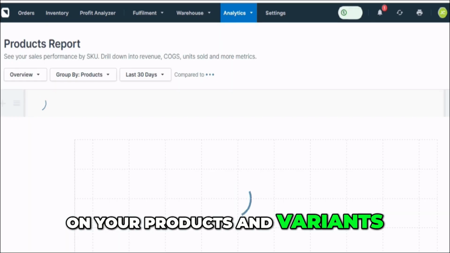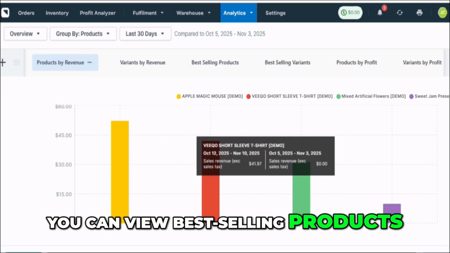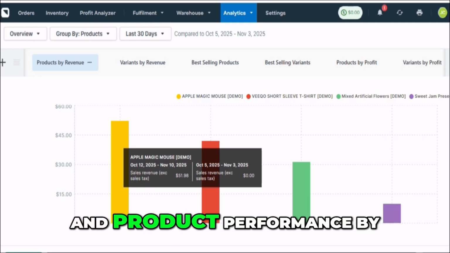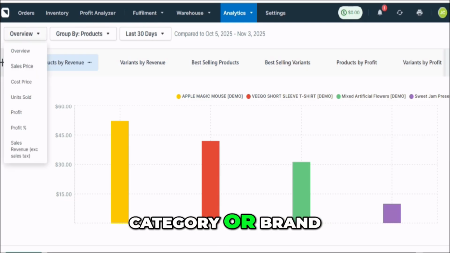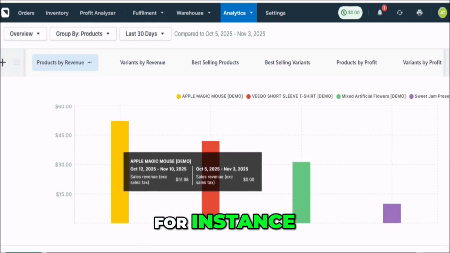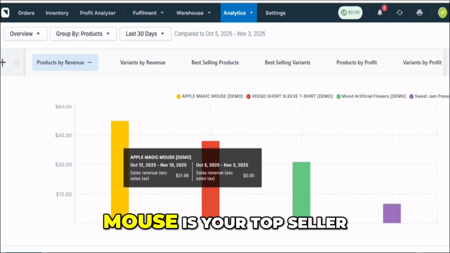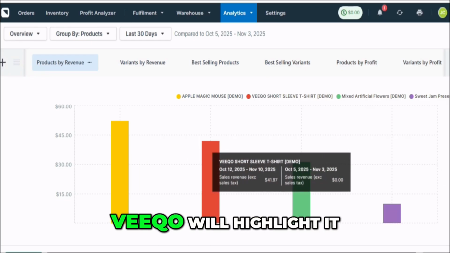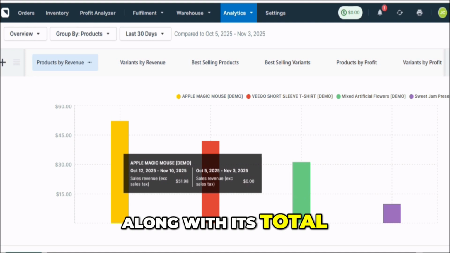Now let's move on to the product report section. This part focuses specifically on your products and variants. You can view best-selling products, most profitable items, and product performance by category or brand. For instance, if the Apple Magic Mouse is your top seller, Veeqo will highlight it along with its total revenue